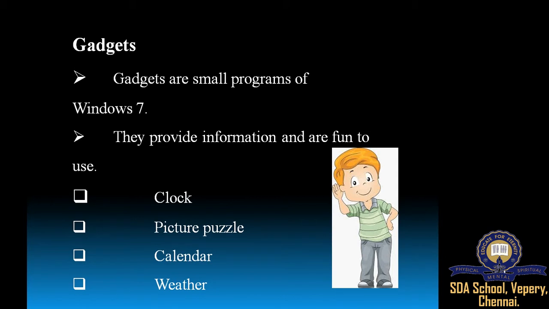The first one is clock, the second one is picture puzzle, the third one is calendar, and the fourth one is weather. These four gadgets are included in our lesson.